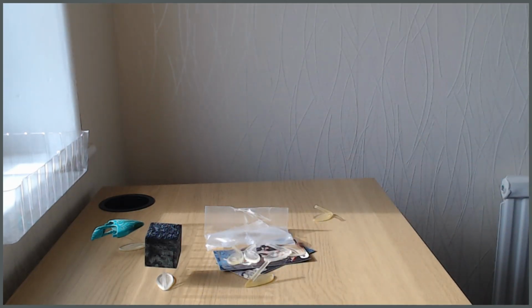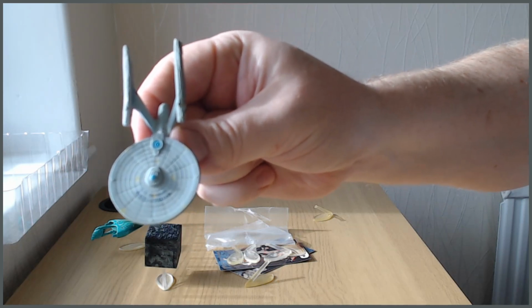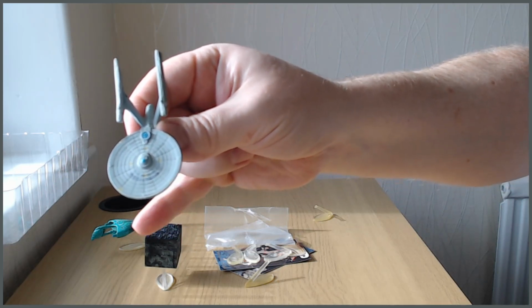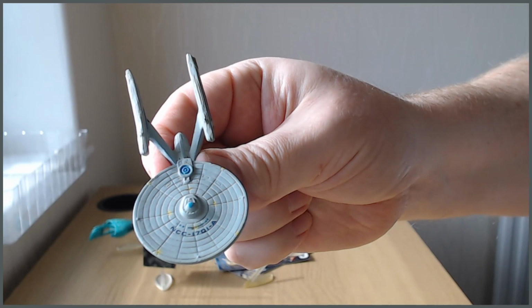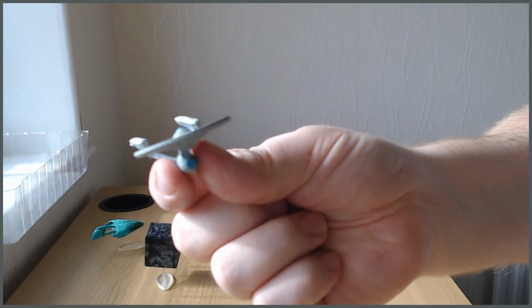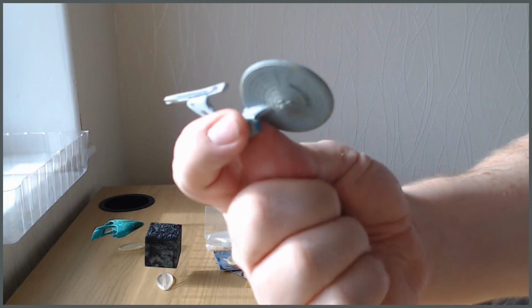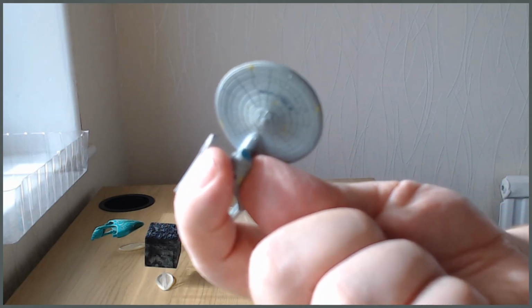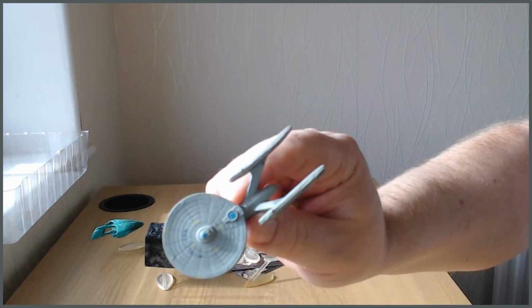Now my Enterprise A refit appears to have freed itself. But fair dues to them, they've even managed to get... Come on, focus. Okay, well, you have to take my word for it, perhaps, that there is actually, there it goes, NCC 1701A on there, you see? Now, fair dues, the attention to detail on that, they didn't have to go to that much effort, because I can't imagine there were that many in the day, but the detail is there. Sorry, this probably isn't the best camera to be using for this sort of extreme close-up work,